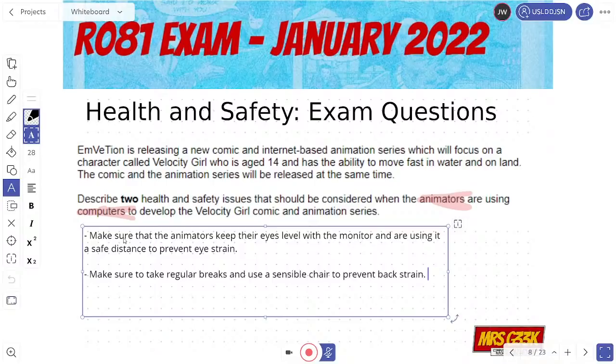And you could do RSI, you could do fatigue, for example, anything like that. Some people, I know my year 11s are prone to going into some quite niche things such as epilepsy and diabetes. That's too niche for this. Think about general things that could happen to anybody, so back strain, eye strain. We don't need to go into particular ailments, for example. So just keep it standard for this one. You don't have to go into too much detail or go into any obscure ailments. So that would be enough for this one.